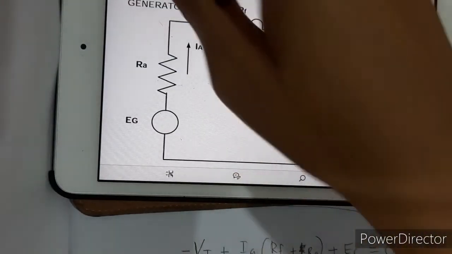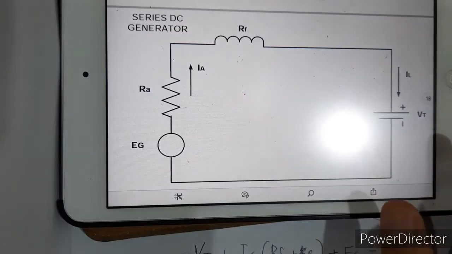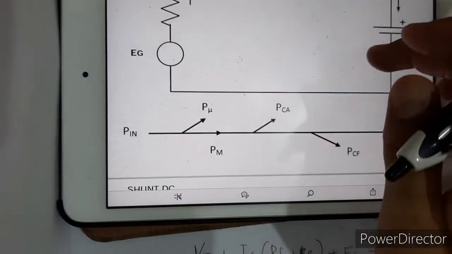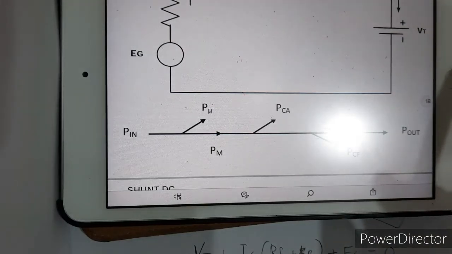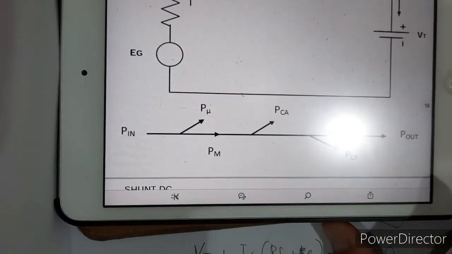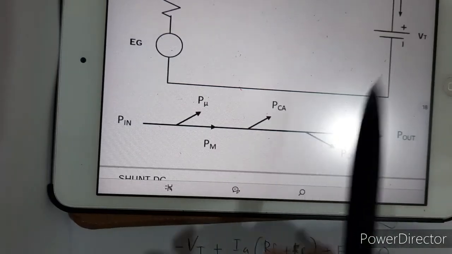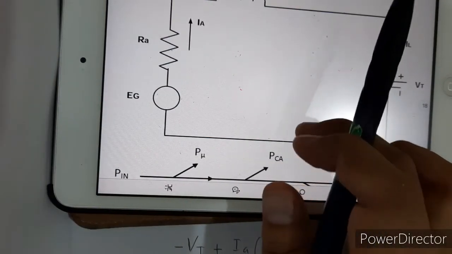Okay, so we continue on power flow diagram. Firstly, let's start with series DC generator. You have to know the power flow diagram, because sometimes the equation is based on this diagram. So for generator,